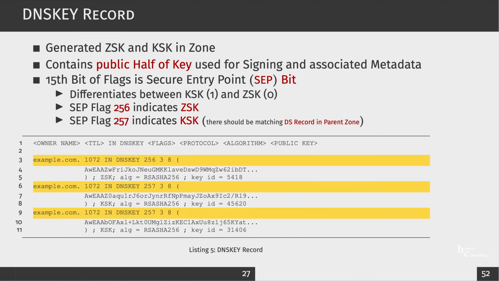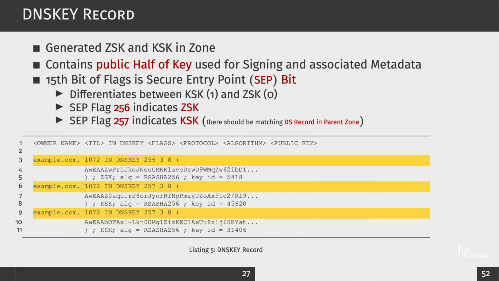It's just a specific bit that is switched to 1 if it is a key signing key, or kept at 0 if it is a zone signing key. So a flags value of 256 means we are looking at a zone signing key. If it is 257, that means we look at a key signing key, and this is the one that you should find